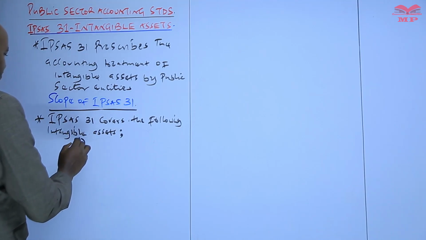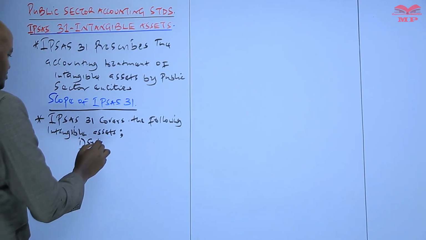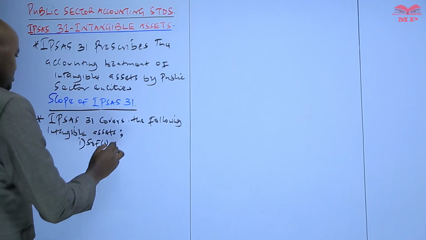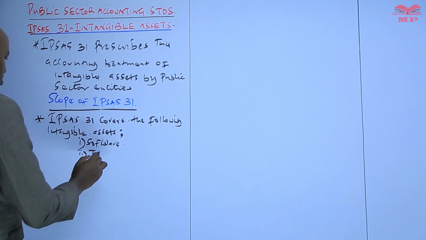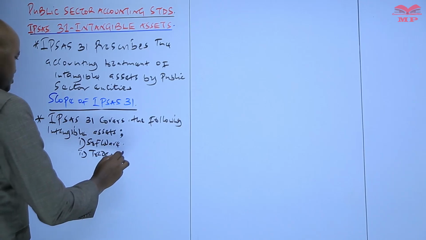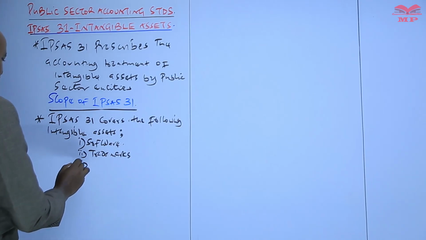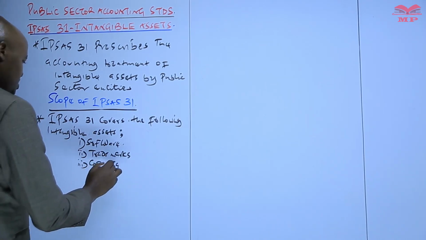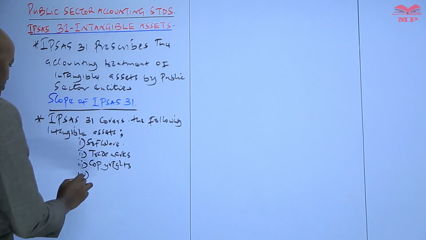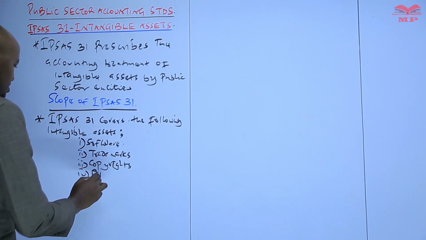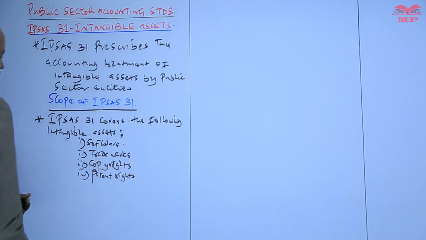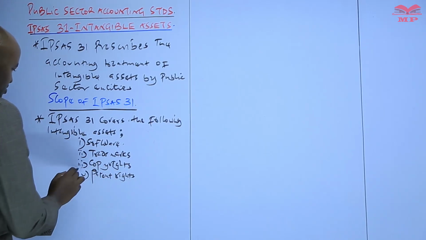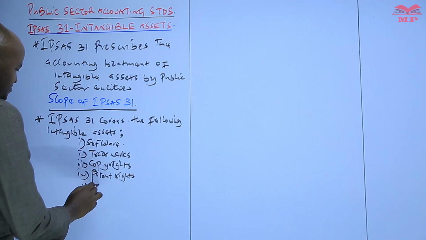Number one, we have software. Number two, we have trademarks. Number three, we have copyright. Number four, we have patent rights. We also have licenses